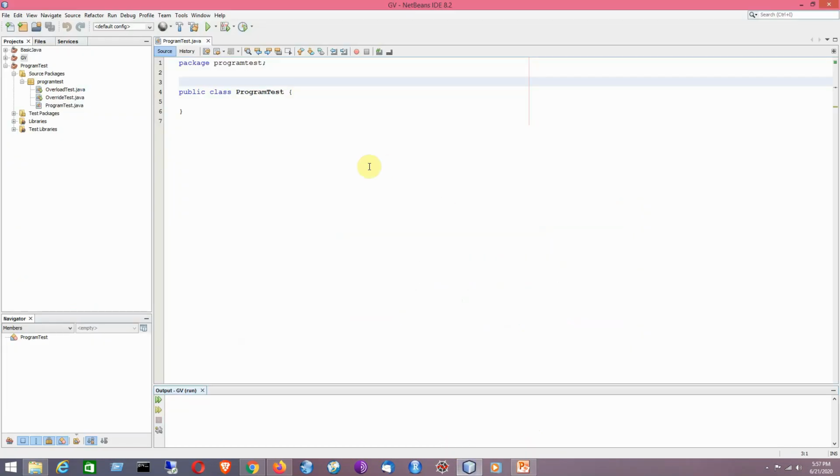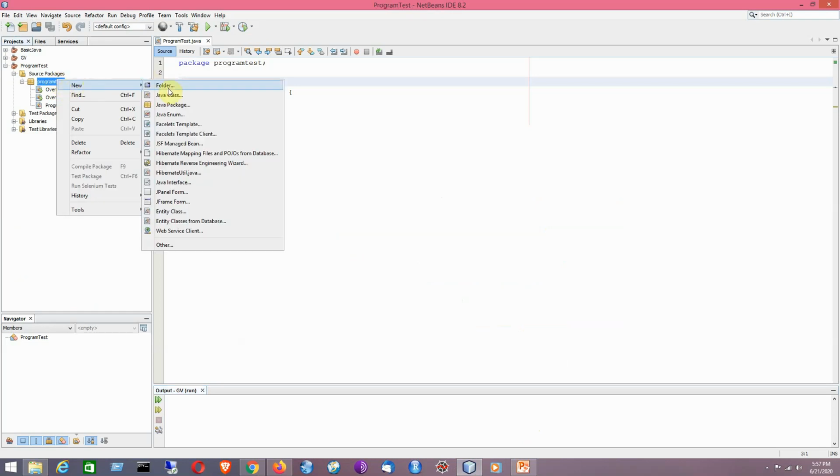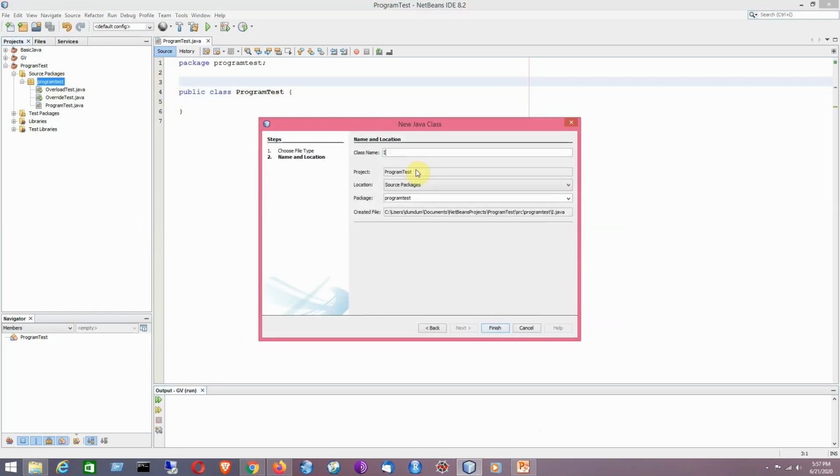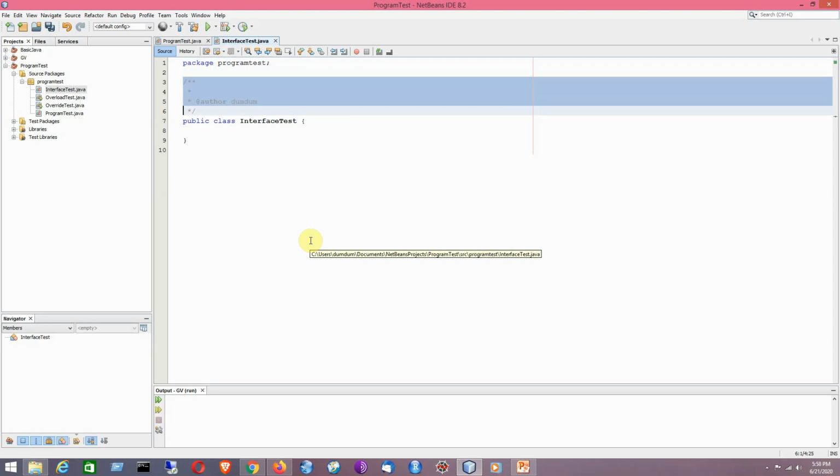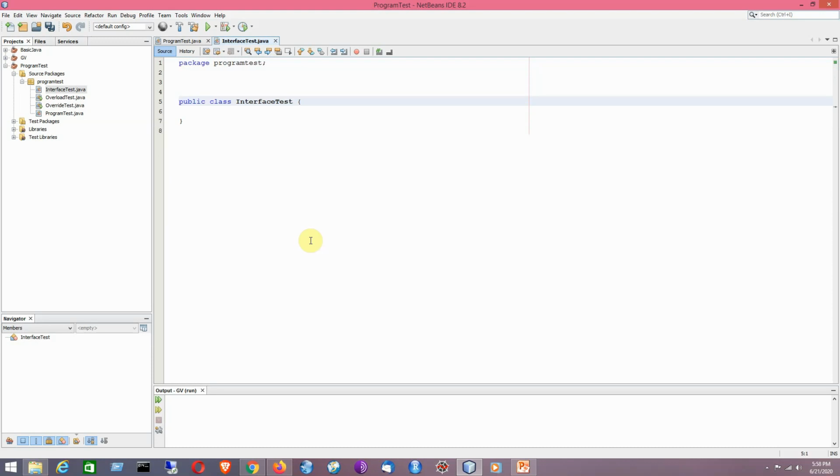So first I will be creating a class here. It is named interface test. First I will be creating an interface here, say for example named figure.